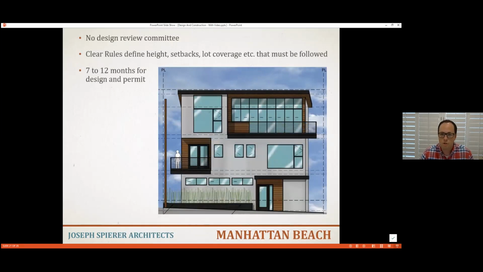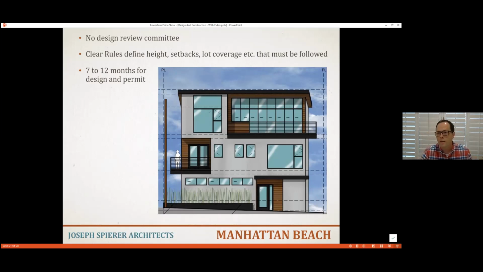Here's that project I showed you before in Manhattan Beach. So Manhattan Beach, I think, is very easy to work with because there is no design review committee. And in most areas of Manhattan Beach, there is no homeowners association. So when you are working with Manhattan Beach, it's very simple. As long as you follow the rules, you can do what you want. There is a height limit, and you can see that's kind of defined by these dashed lines. There's setbacks, and as long as you stay within that envelope that is predetermined for you in Manhattan Beach, you